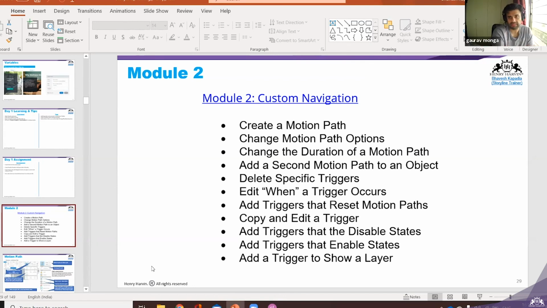What I do when he's teaching is I have my Storyline open in front of me and I copy what he's doing. I think that works when you're applying to a software. When you're learning a new software, it's always good to have your screen in front of you. This is my suggestion, this is my experience. You are 100% right, but you have a basic knowledge of Articulate Storyline. Sumaya doesn't have basic knowledge of this, so it may be difficult for her to open it at the same time and do the same thing. It may take time for her to come to that level.